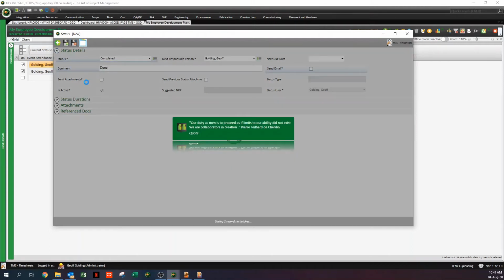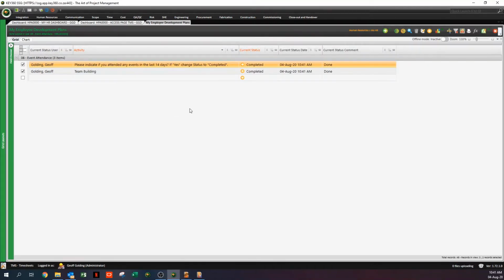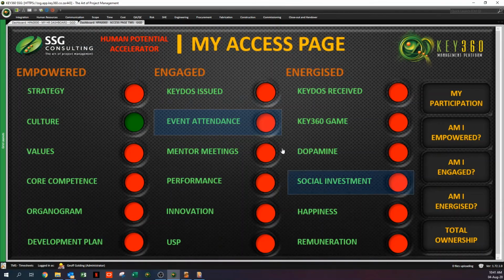Then save and close, and you can close this tab now. The indicator will still show red as your access page is not yet refreshed, so this is not a problem. Your grid input types are